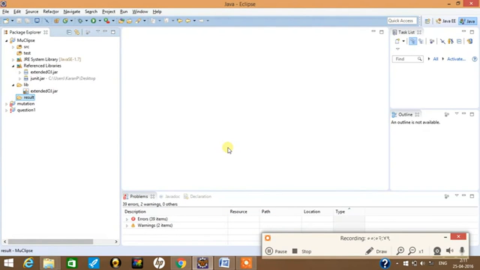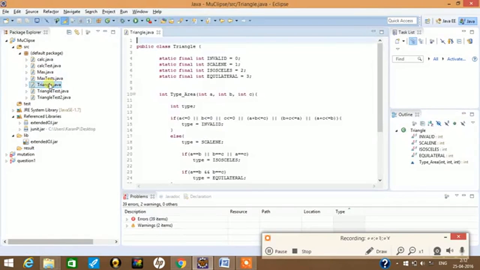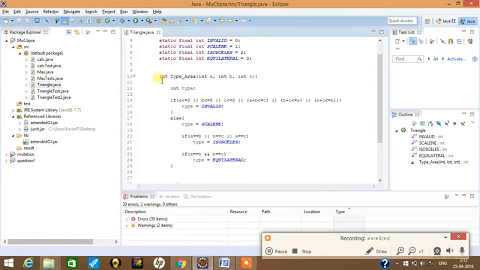After successfully setting up the environment, I will demonstrate the MuEclipse tool using one code that I have written. This code is Triangle.java. Here I will demonstrate this function.